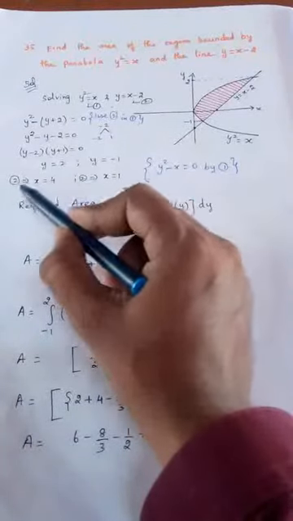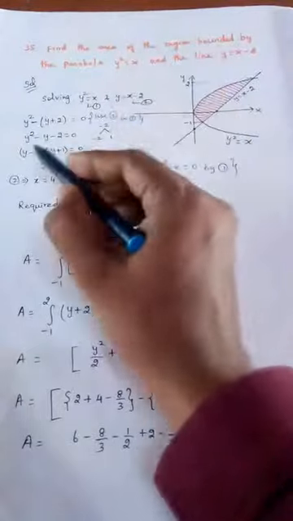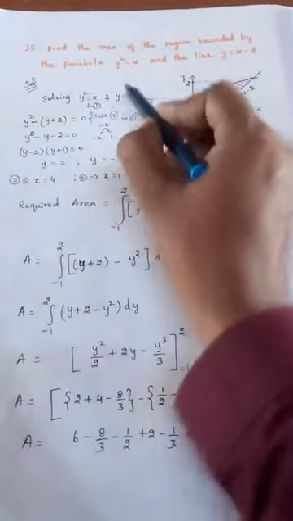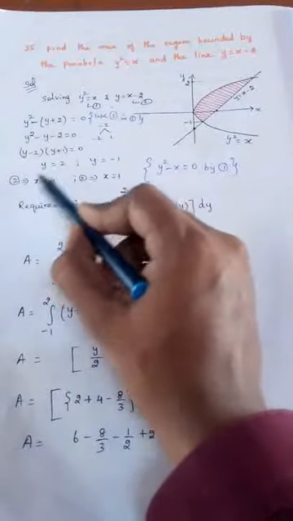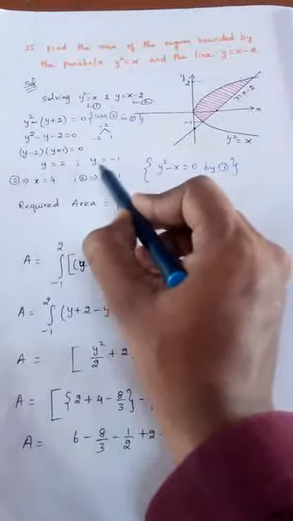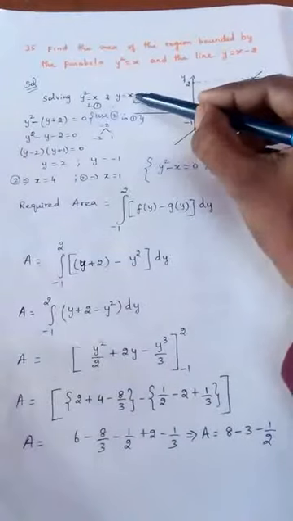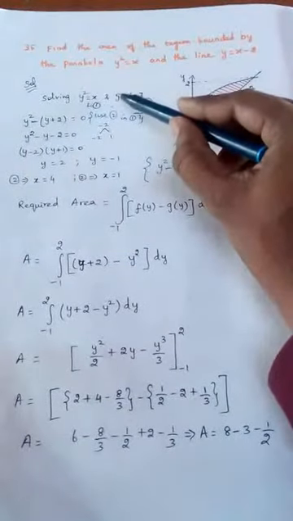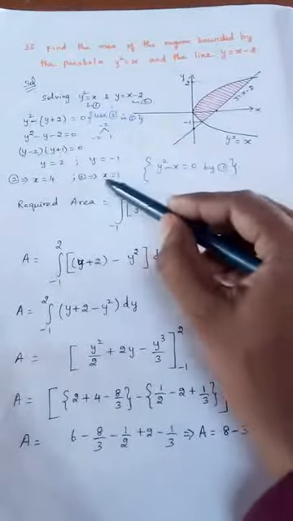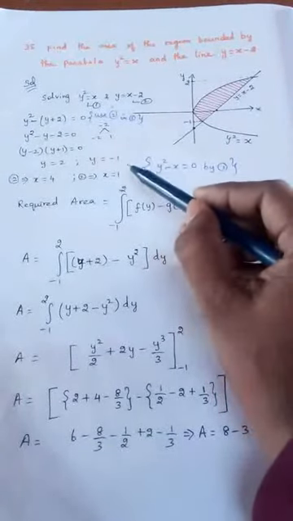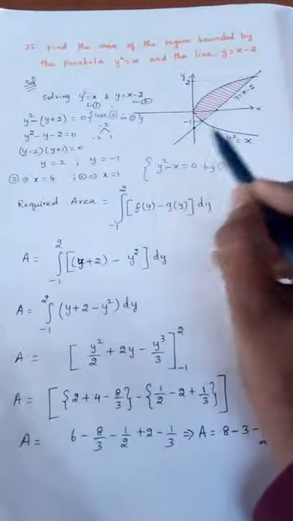Corresponding x values you find out from the second equation. From the second equation, if you put y is equal to 2, 2 plus 2 is 4, so x is equal to 4. Similarly, y is equal to minus 1. If you put minus 1 in place of y, minus 1 plus 2 is 1. So x is equal to 1. Now what we have found out is the points of intersection.